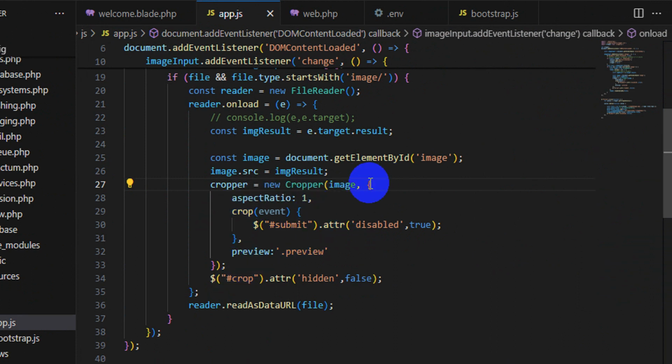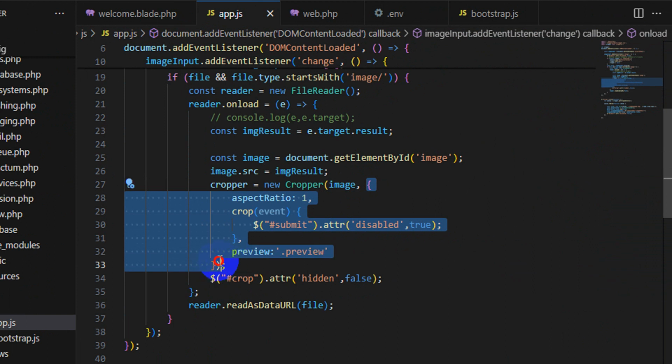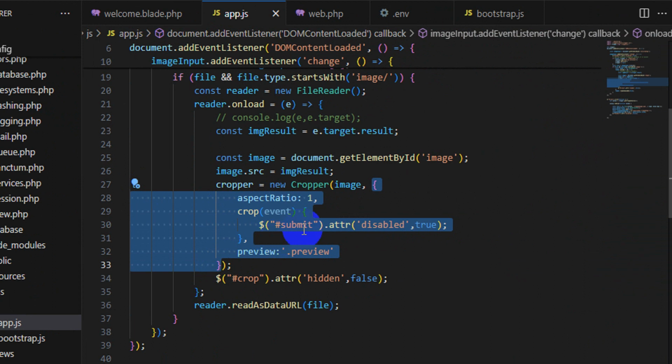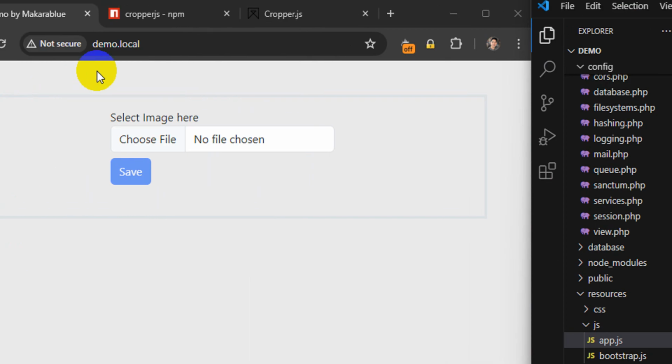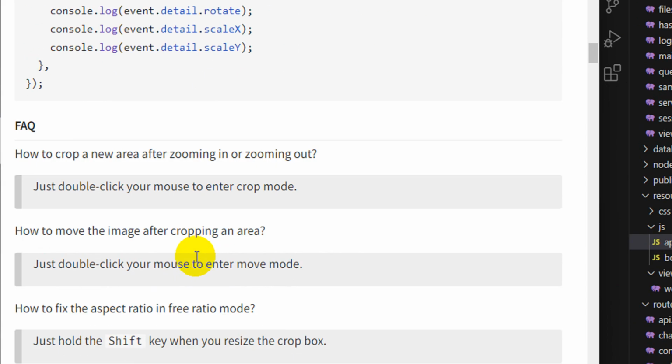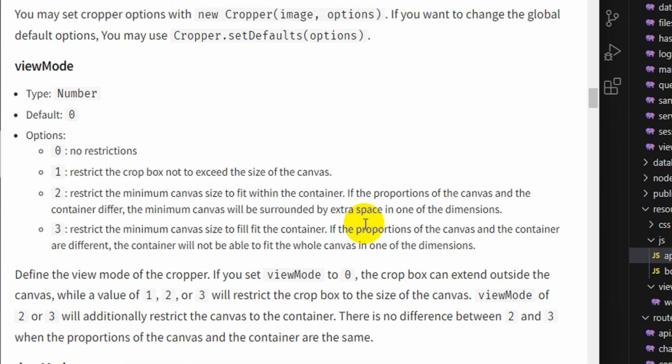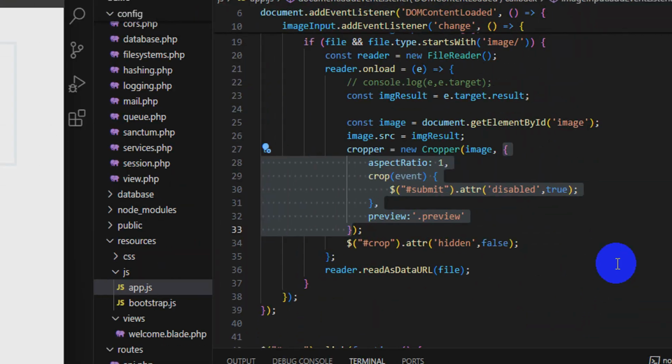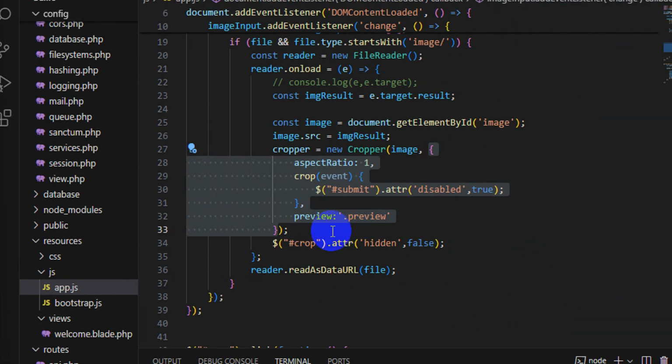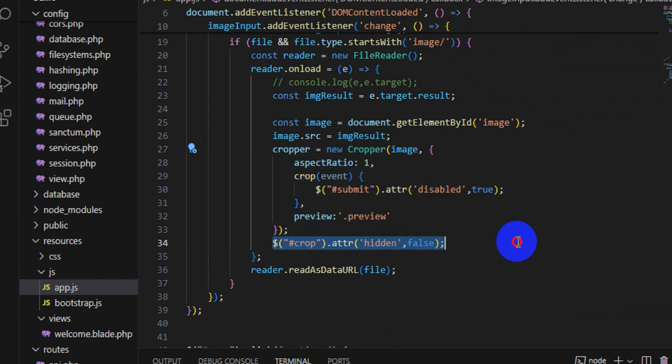Okay, this is the option. This is just an option of Cropper. We can keep it like this, or you can see more options as you need in this document. Okay, and then after I init, I will need to